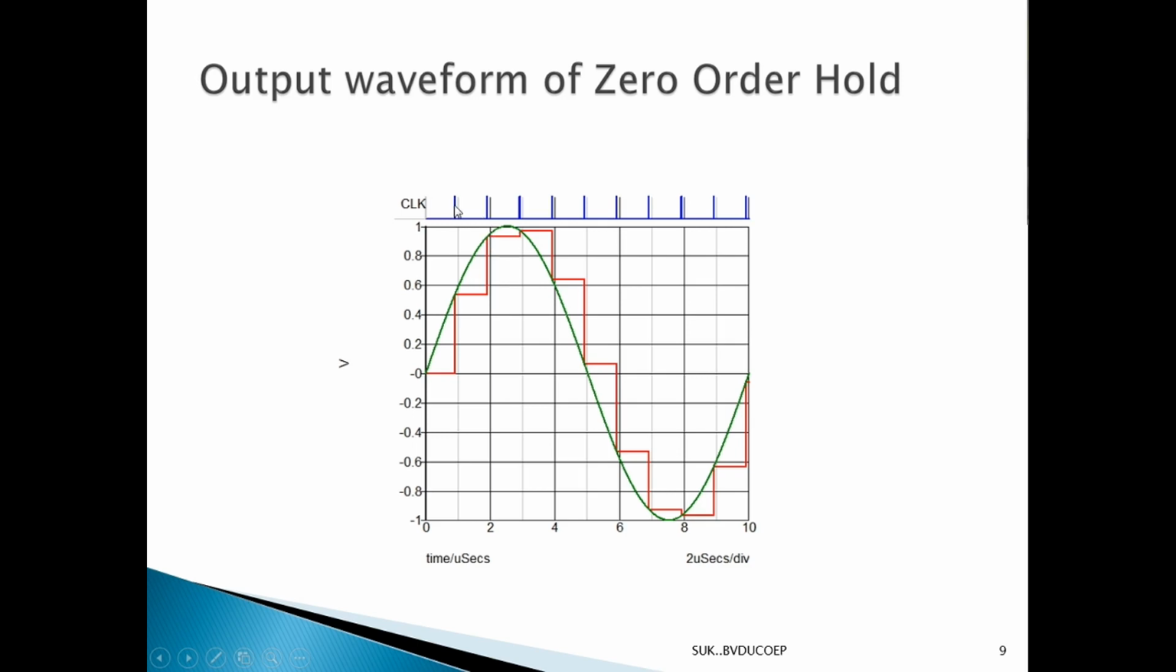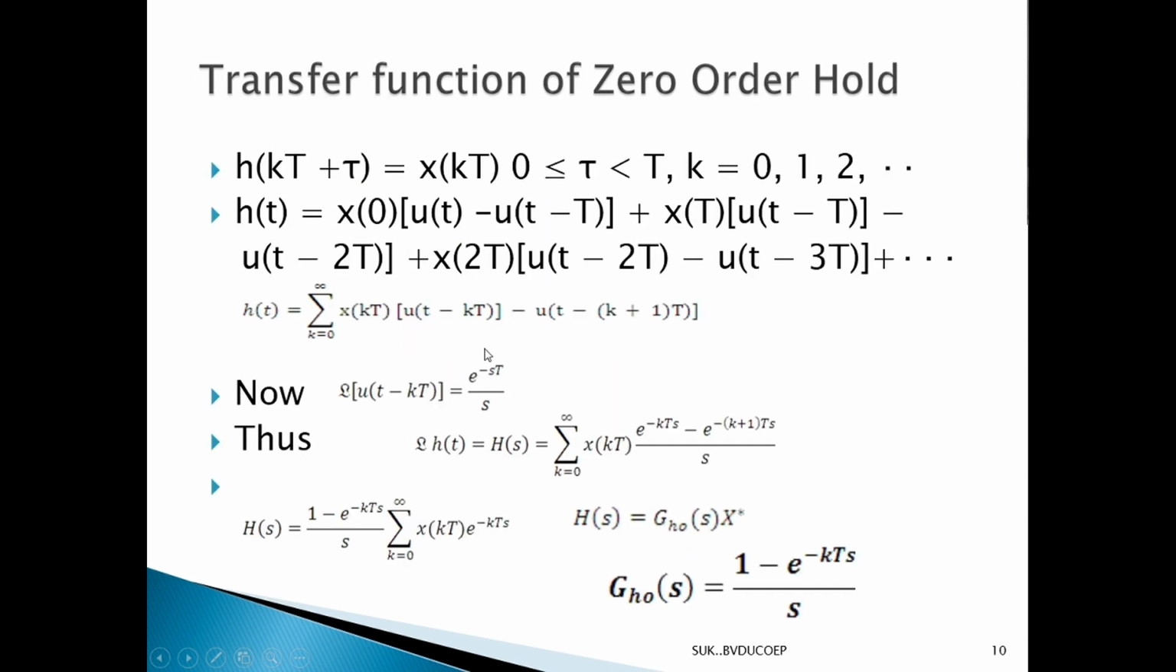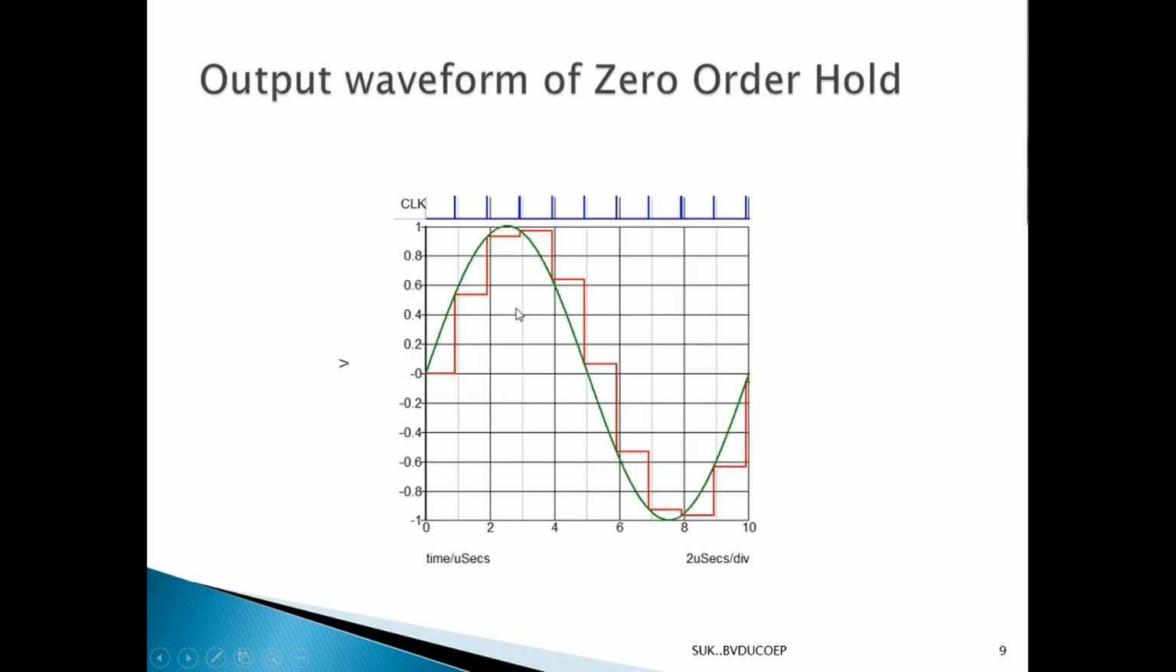So you can see here each pulse appearing, and at each instant the sample is taken, and this is what the signal is. This is the reconstructed, or we can say held, signal. Now you can see some delay in this output waveform. It is not exactly like a continuous time signal. So we have to understand this